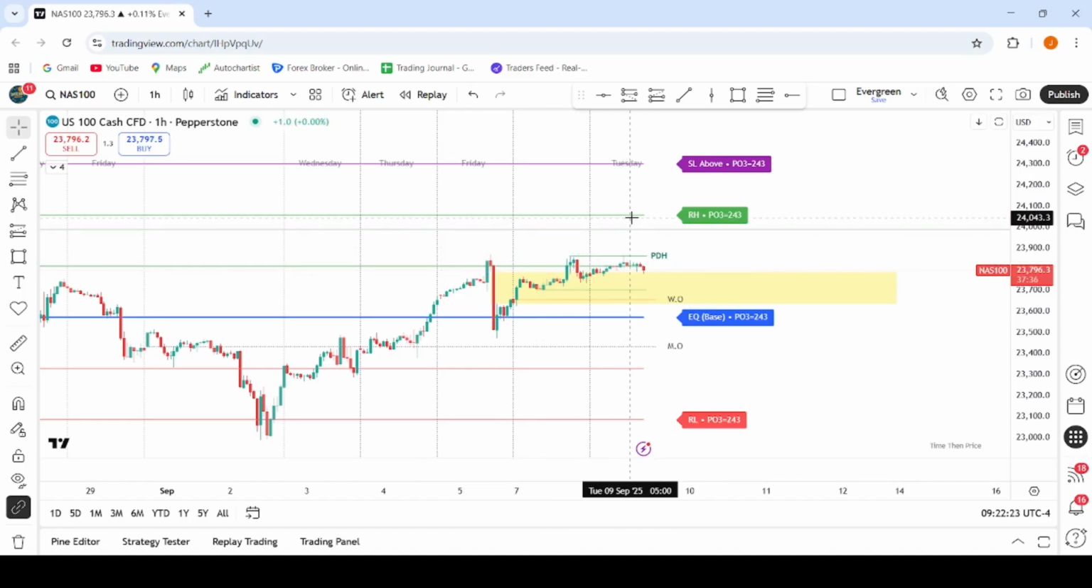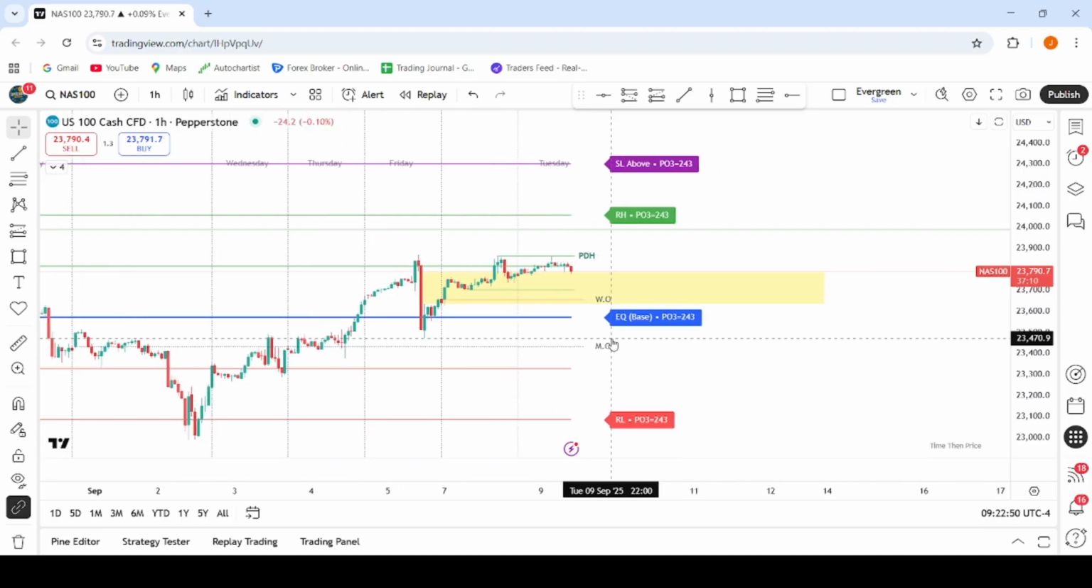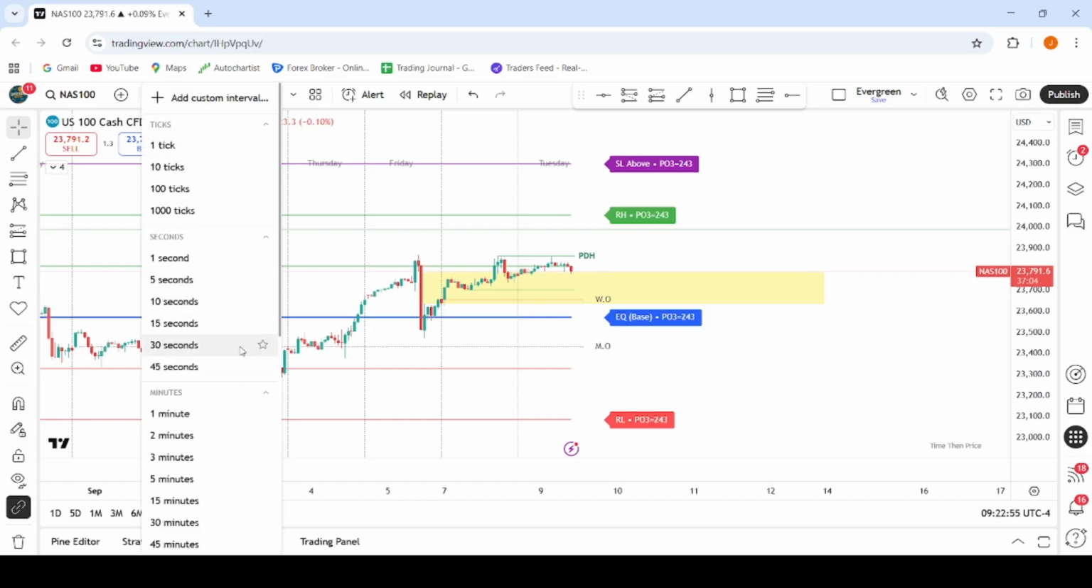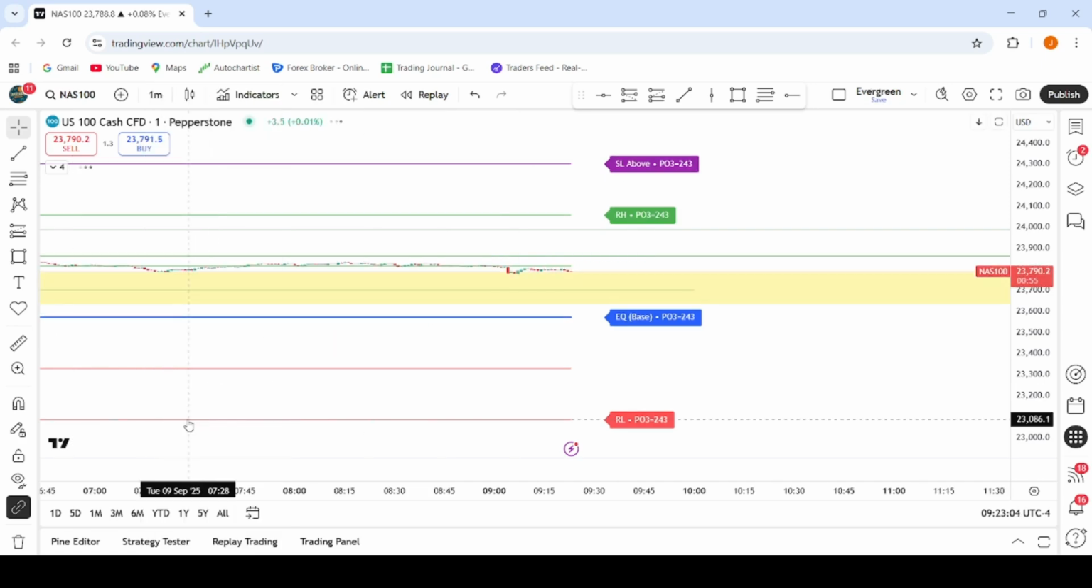It looks like we're not making it to range high, and we could be heading down to this baseline here, which is just below 23,600. And as you can see, we've got sell side liquidity down here. So let's see what we do if we drop to a lower time frame. My base, I'm looking at this line here. So if we drop down to our 1 minute,